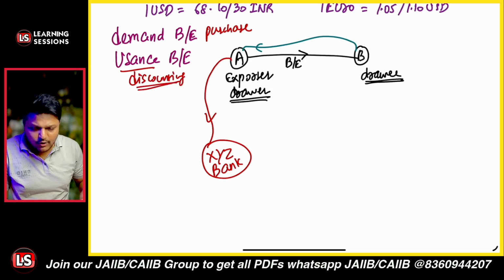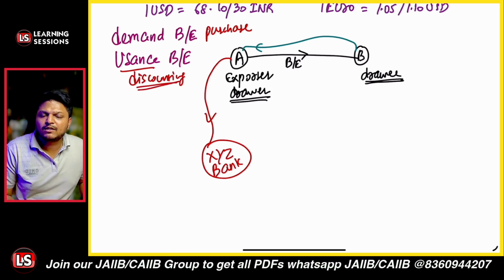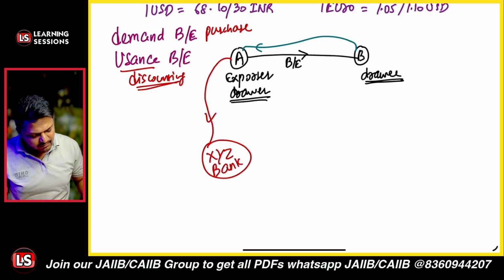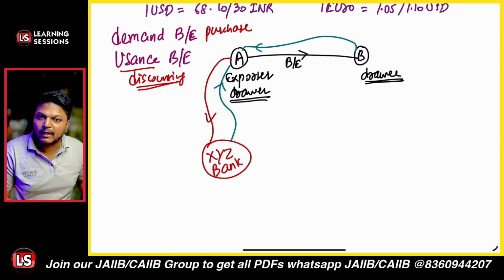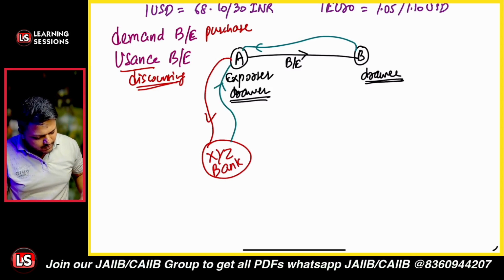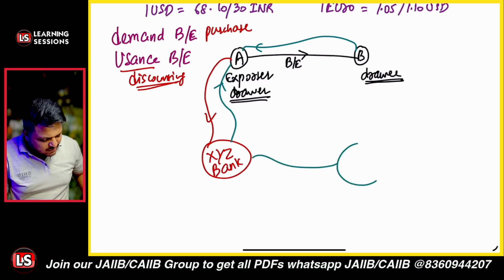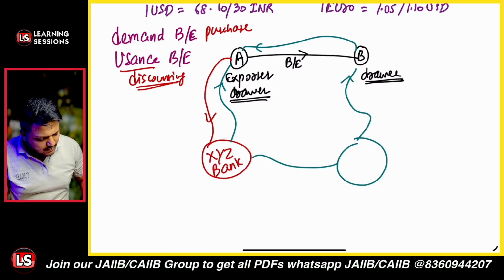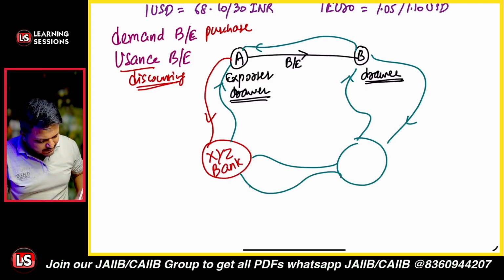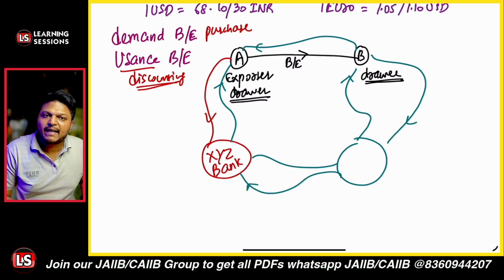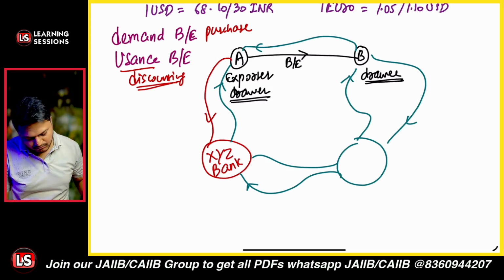Now in this scenario, we assume it's a demand bill. So XYZ bank will be purchasing the bill and will be giving the liquidity to person A, right? And further, through the correspondent bank of XYZ bank, the XYZ bank will be presenting this bill to the drawee, and the drawee will be making the payment to the corresponding bank, and ultimately the payment will be received by the XYZ bank over here. So this is the process which is followed in case of the export bill, right? Now,